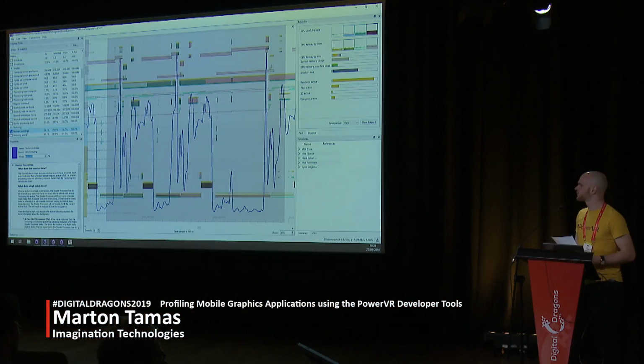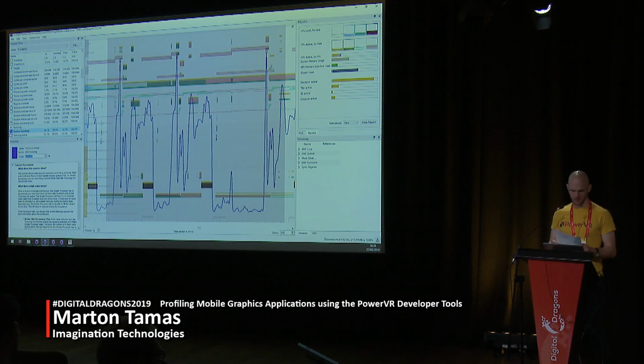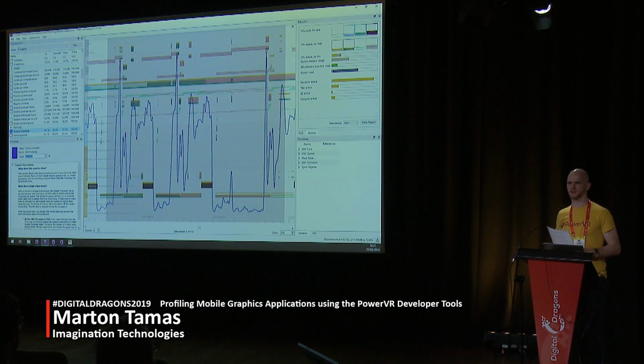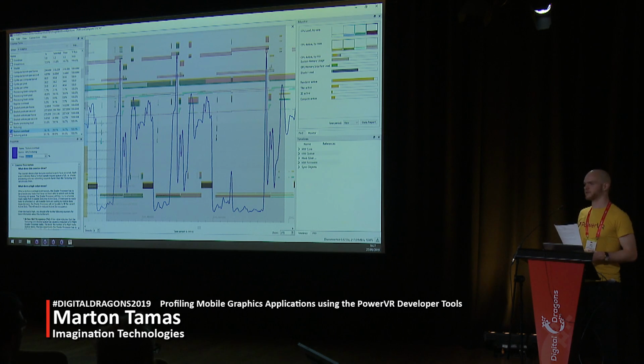So in order to overcome these issues, you can do a number of things. Like I said, you need to look into your overdraw. You need to look into why you're outputting that. Is that intentional? You need to look into your shaders to figure out why they are so expensive in some parts of your application. You need to look into your register usage, figure out which render task is inefficient and optimize it. And finally, you really need to look into your texturing